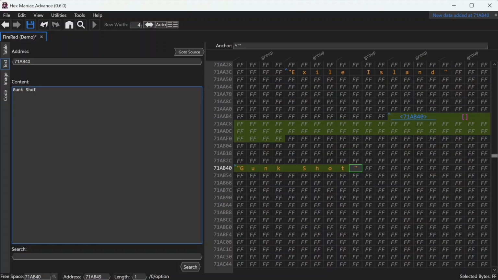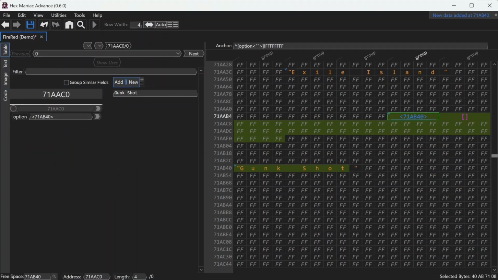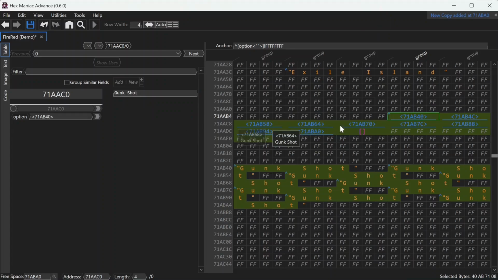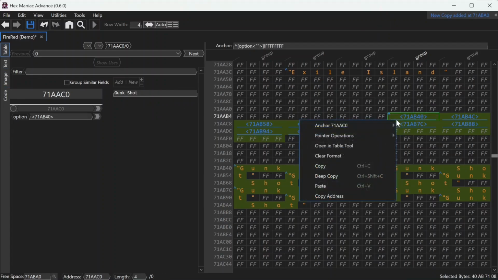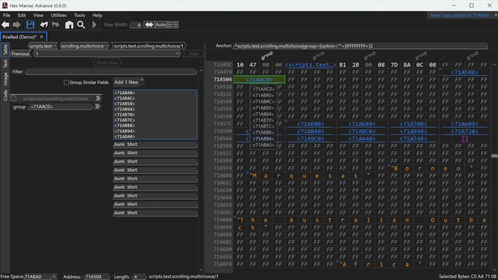Anyways, back in the table tool, I want this multi-choice group to have 9 options. So I'm going to use the same trick that will let me add 8 items at once. Remember to click repoint all so that you can edit strings freely. What I can do next is right click this pointer that also has a blue circumflex, hover over the top option, and go to this address. Similar to what we did with the other multi-choice group, we can start changing these text strings directly in the